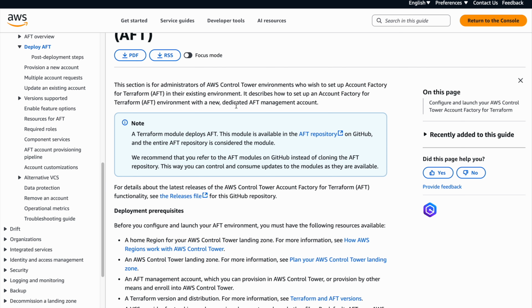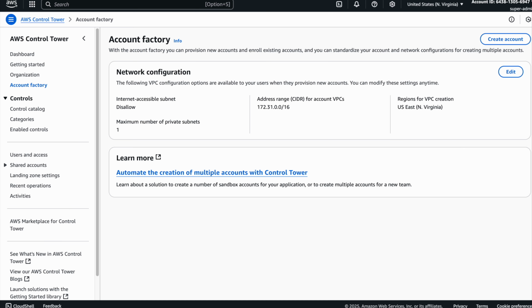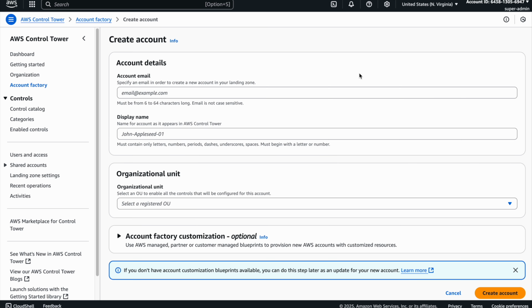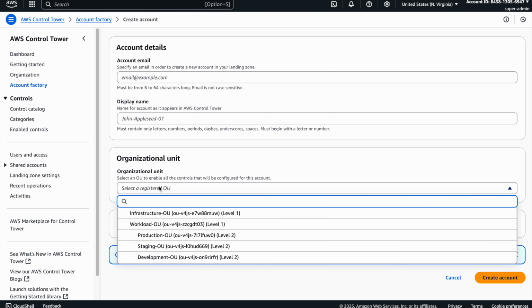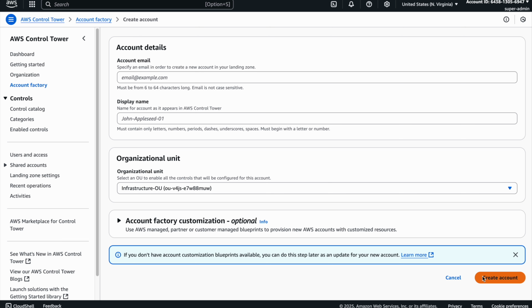So instead of doing everything at the root account, you will create one account manually to start with, just this account. For that, you will log into your AWS Control Tower, and there is an Account Factory. Then you can just click on create account, and provide your account email, display name, and the OU. You will select your infrastructure OU because this is your infrastructure, and then click create account.